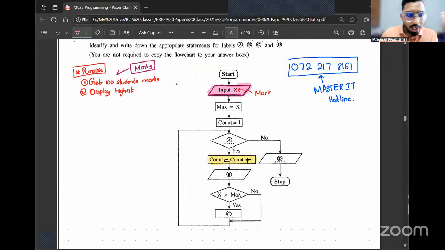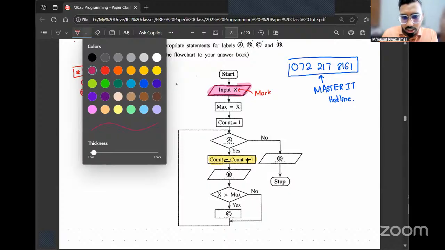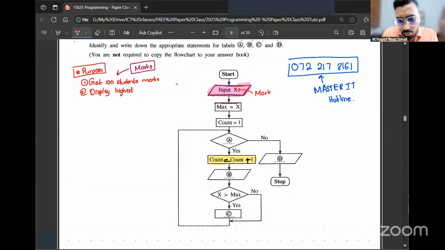Okay. Now I go for the next instruction. The next instruction is talking about a variable called max. And they are saying the value of this max variable is going to be equal to the value of the user input. From the name itself, are you able to figure out what the purpose of this variable is? The name itself gives you an idea, right?